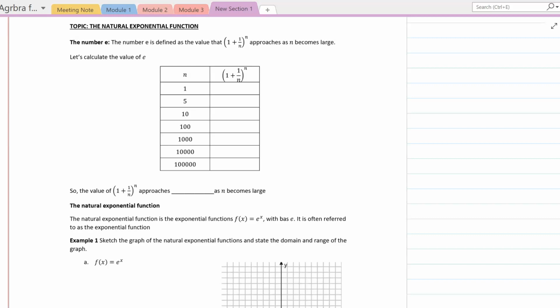The number e is defined as the value that (1 + 1/n)^n approaches as n becomes larger. Let's calculate the value of e, and let's go ahead and fill out this table. When n equals 1, this value is 2,